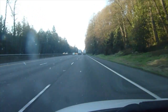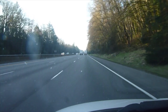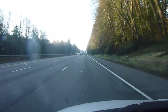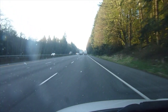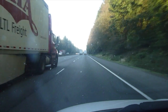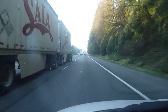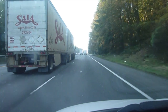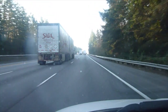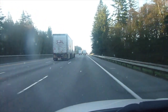Thought I'd try the dash cam, to keep this thing from falling over. But anyway, here I am with Elise driving south on Interstate 5. You might have noticed earlier in the trip I was avoiding Interstate 5. That was intentional. Driving through Seattle is something I prefer to avoid, and I will generally choose the scenic route,